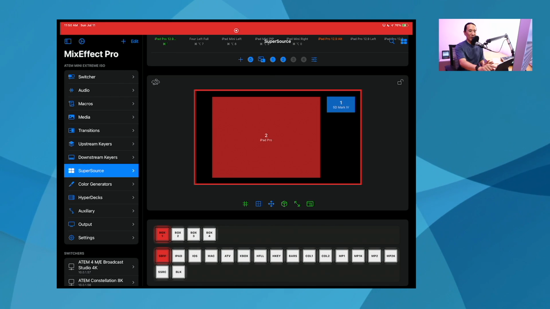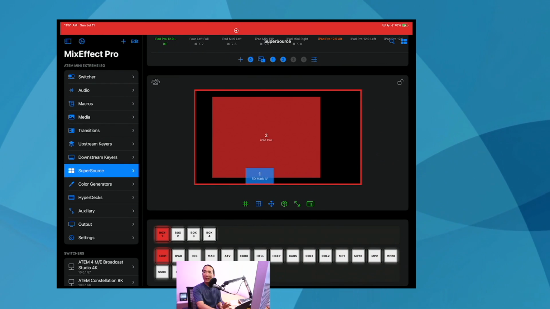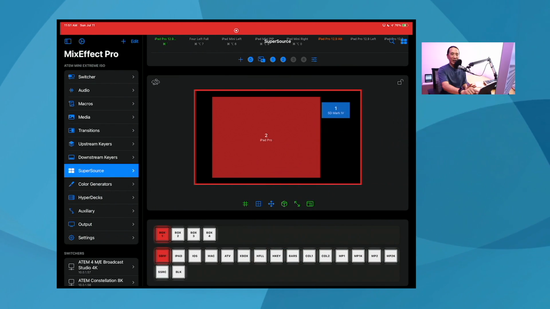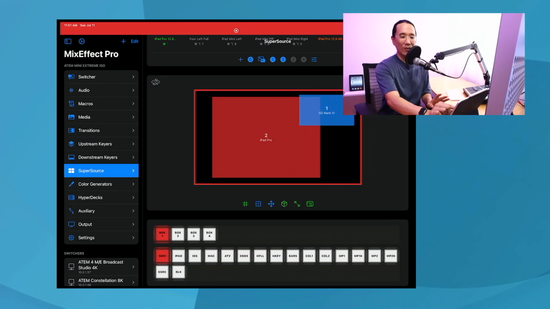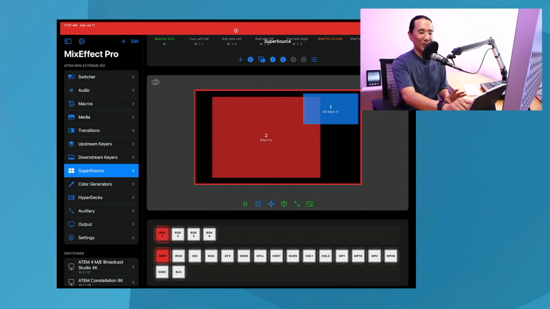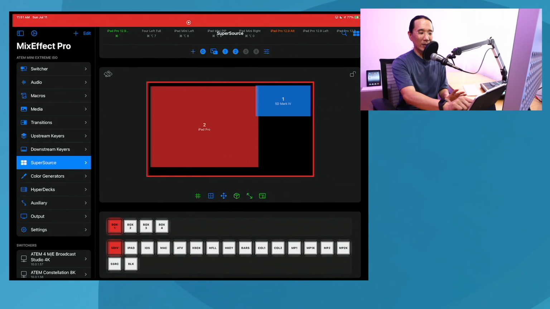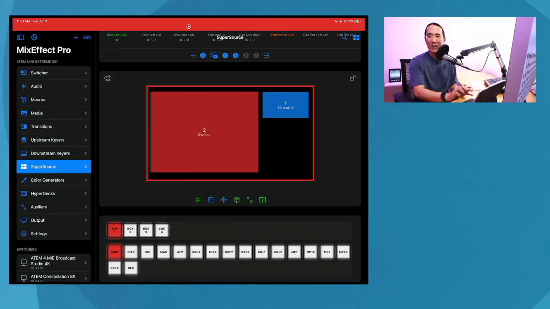So if I want to move this one down here, I just tap with my finger and I can drag it around. See, here I am flying around, and you can see the preview in real time here. I can use the pinch gesture to make it bigger. So if I want to make my pip a little bit bigger, I can do that. And let's just move the iPad Pro a little bit to the left and make this box a little bit smaller so that it still fits on one screen here. Down below, we have a variety of controls to adjust how you can move these boxes around